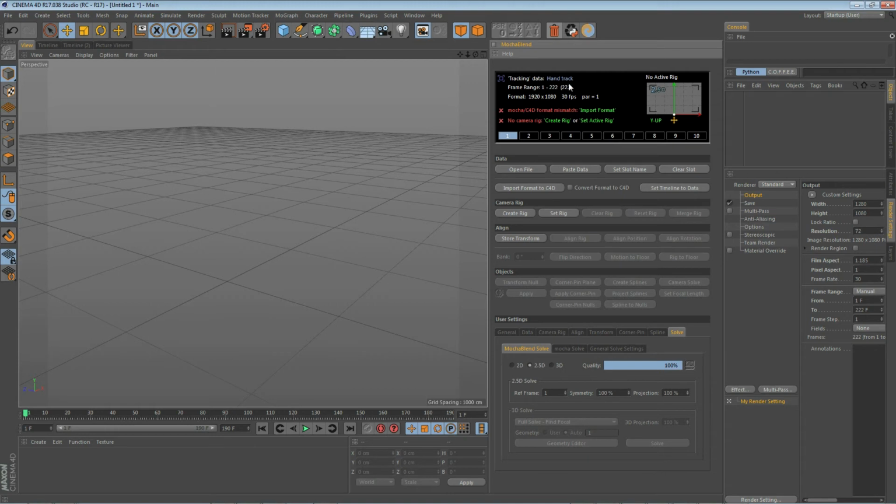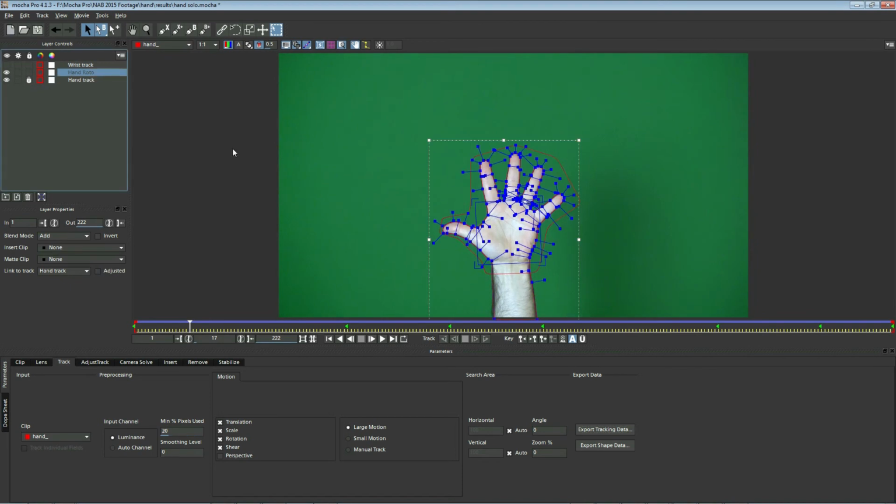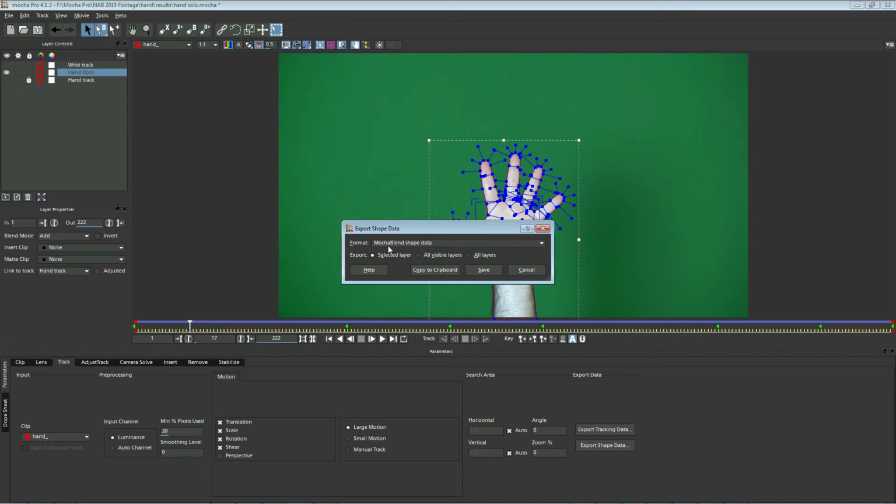So let's go back to Mocha and take a look at our hand roto. So now we're going to export this roto here. If we turn off hand track, you'll see a little more clearly what we're exporting. This time we're going to select Export Shape Data. We're going to select the MochaBlend Shape Data Exporter, and selected layer is fine because we only have one. Otherwise we would select all visible layers. We will copy to clipboard,